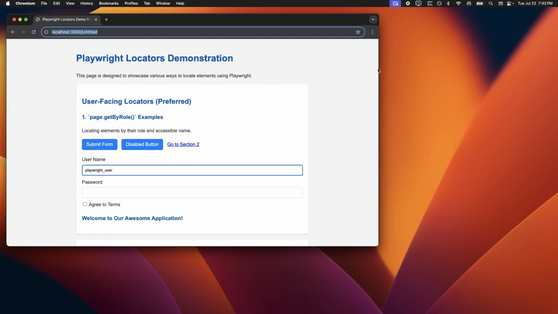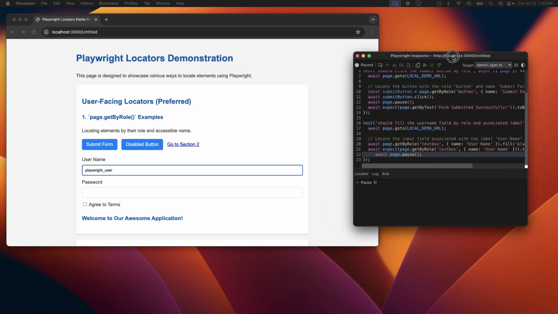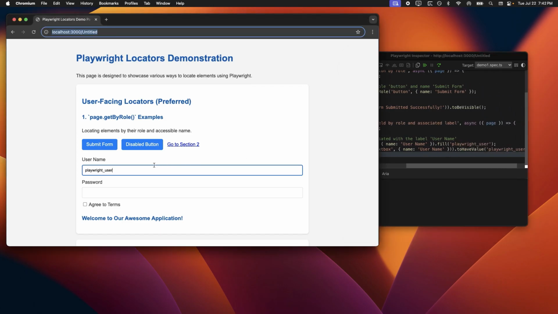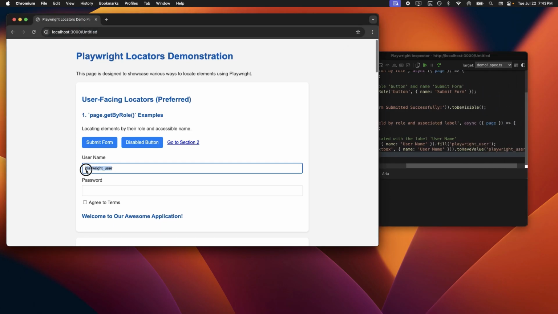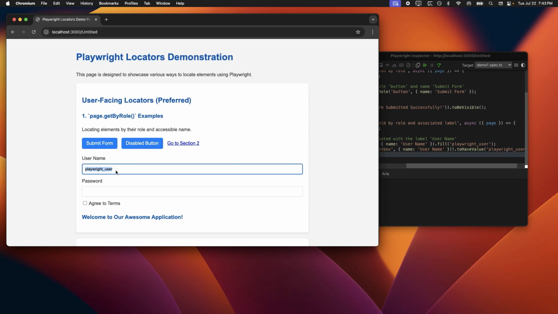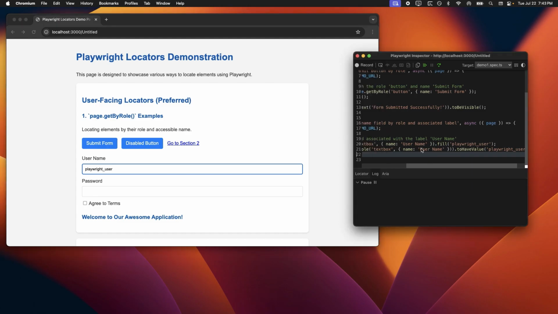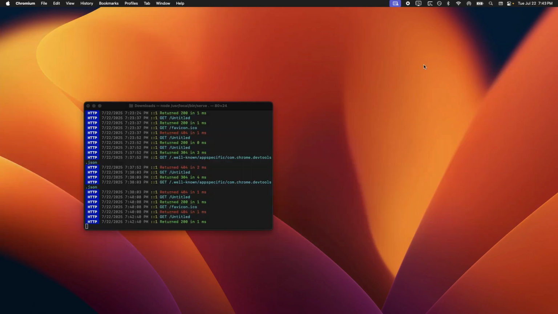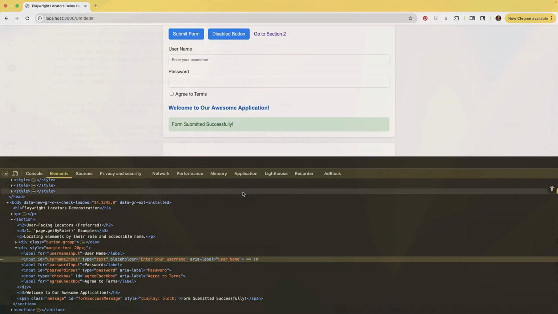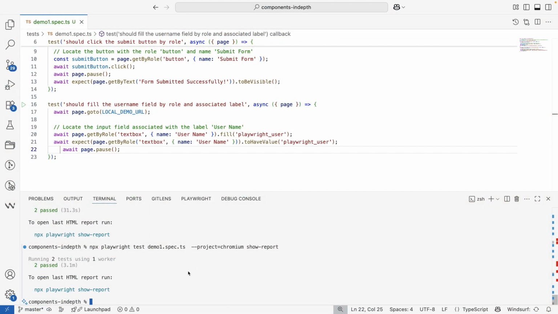So it actually opened the session again, and it typed the text in the input field, and the pause button is on my other monitor. Let me bring it here. So you can see here the test again stopped here. You can see it filled the right text, and then it verified that the input field indeed has the text entered by the user, the Playwright user. So when I continue the test, it closes the browser, and then when we return back to Visual Studio Code,